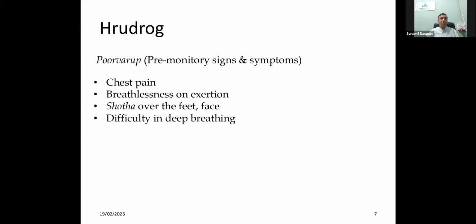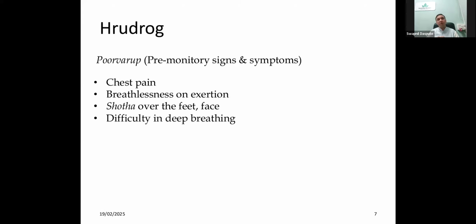Breathlessness on exertion. So on exertion, because the heart has to pump more blood when physical activity, muscle activity is happening, the heart has to function with more strength, and because there is abnormality in the heart, the functioning may not happen properly. So lack of blood supply, lack of oxygen will be the result, and breathlessness can be seen on exertion. So that breathlessness will settle after the patient rests.